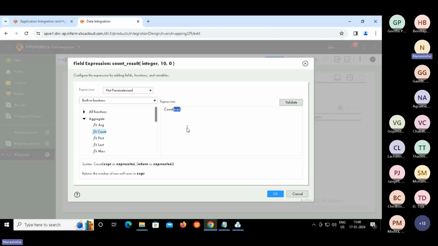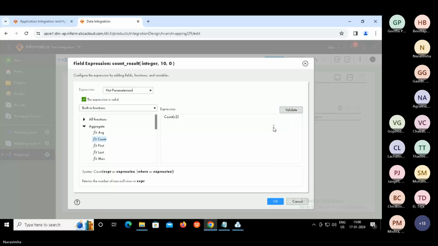What is the column that we use for calculation, guys? C2. Whatever theory we discussed, we are trying to do it practically, but we are using some other function here. In the next example, we'll talk about sum or average. And then validate. Make sure that the expression is valid. You can see the green tick mark, which indicates the expression is fine.